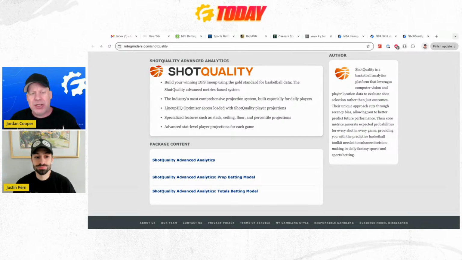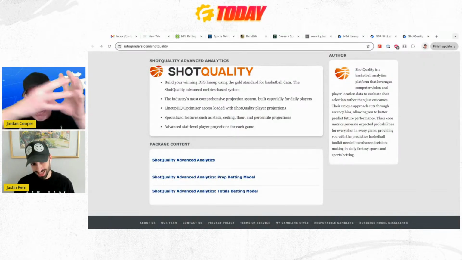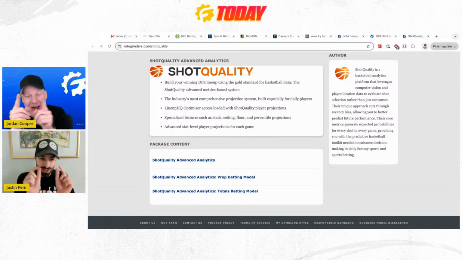When people say, what's the difference between the RG projections for NFL and the Blitz projections for NFL? Well, the RG projections for NFL take this part of a data set and build a model on it, while Cardi has this much more information. So directionally, you're both going to be in the same general area, but Cardi is a little bit more accurate. On the right, exactly.